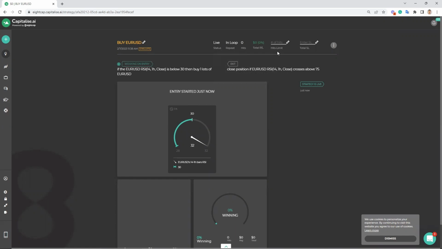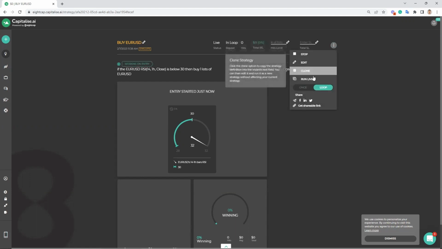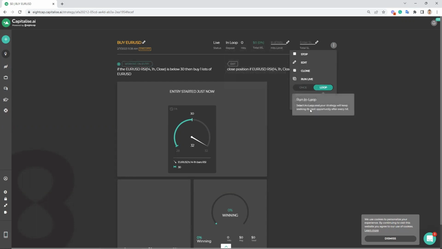Here, you can limit the amount of trades your strategy takes. You can have a total stop loss for added protection. And here is your control panel where you can stop, edit, clone, run live, change from once to loop, and get a shareable link. Then, as with the backtest, we have our entry and our exit, our right-hand notification panel,